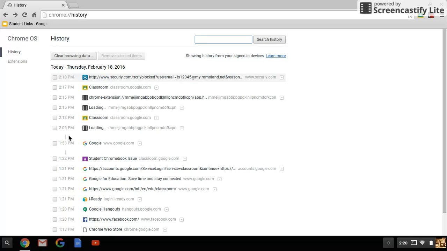So those are some ideas on how you can use your student's device to view their browsing history and inform conversations with your student about how they're using it